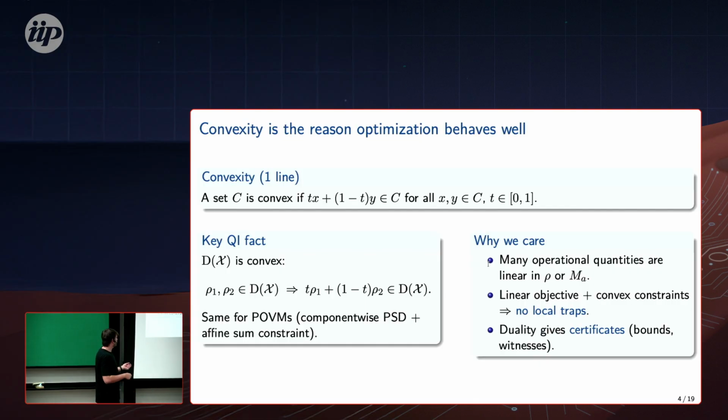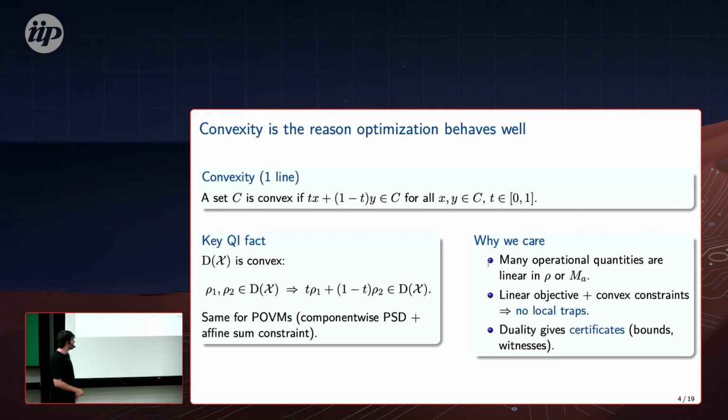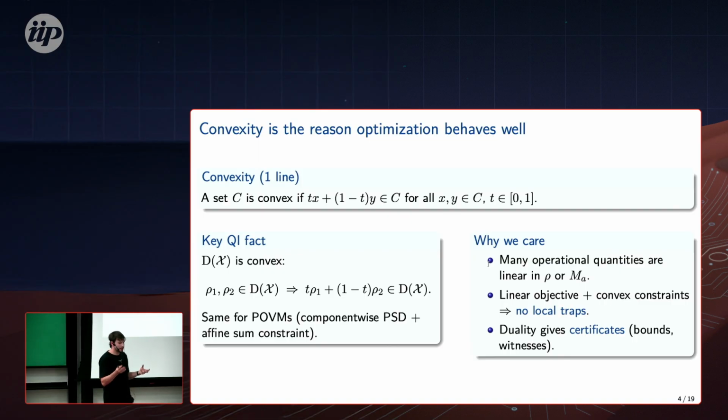And for instance, the set of density matrices is convex. If you have two POVMs and you take their convex combination, it's a POVM again. The set of separable states is convex. So again, convexity appears everywhere. And well, often we want to optimize things which are linear over some convex set. So let's say you want to optimize the energy of a certain Hamiltonian or something like this. This is linear in the Hamiltonian and the density matrix, right?